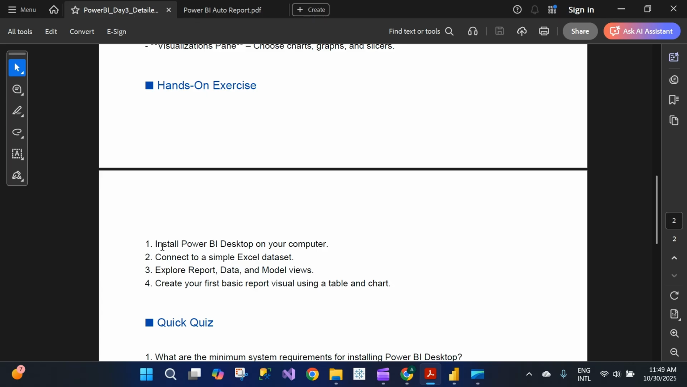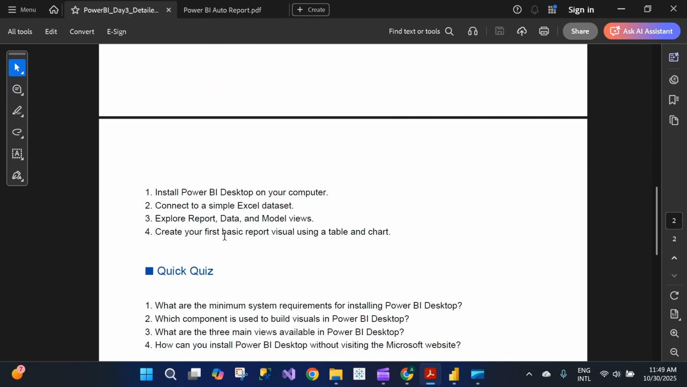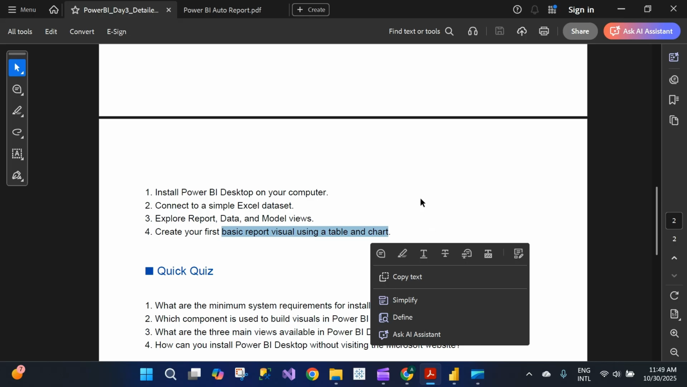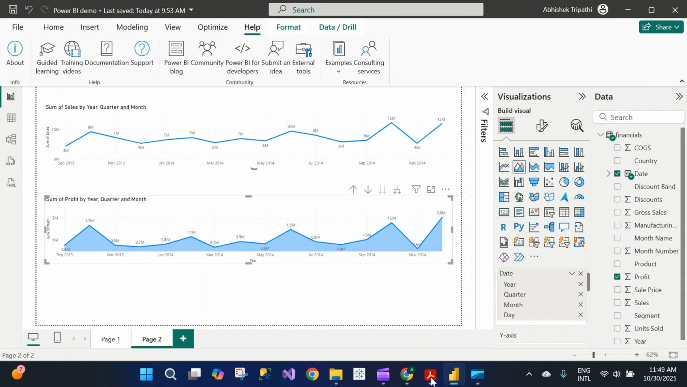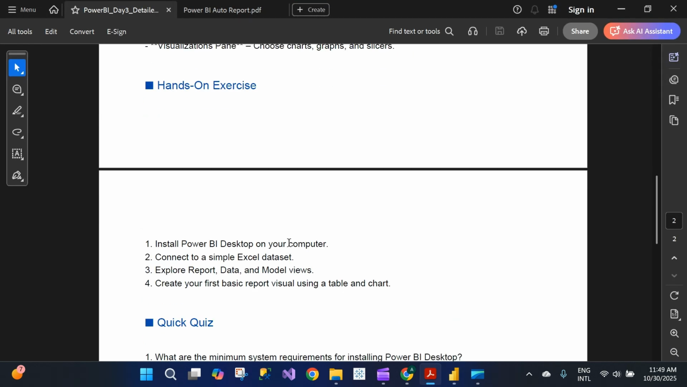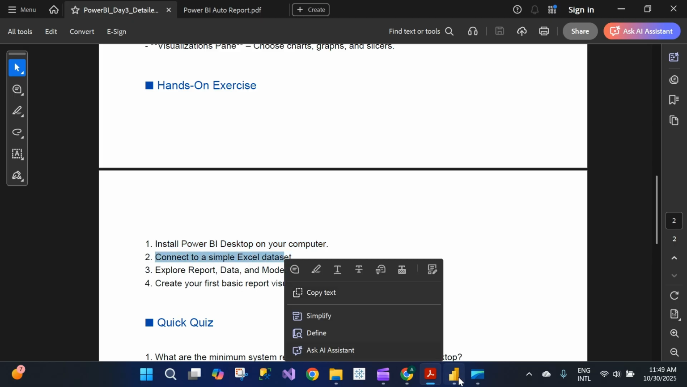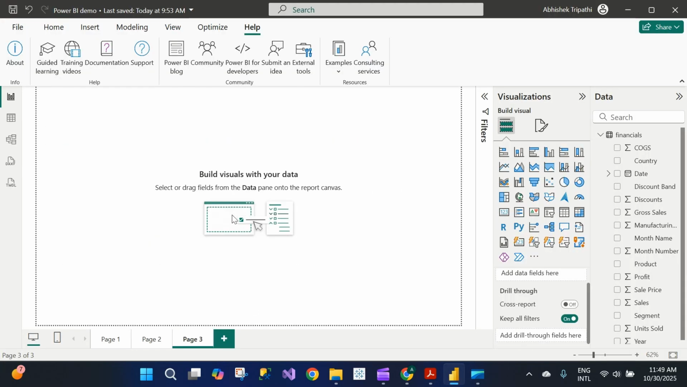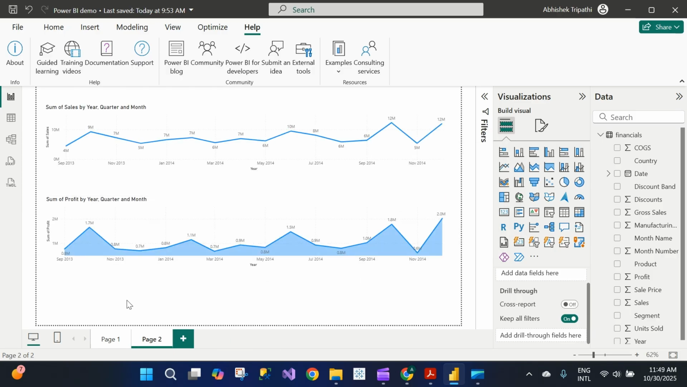Hands-on exercise: you can install Power BI Desktop, connect to a simple Excel sheet, explore the report, and create a very basic report using the table and chart that we have done already. If you are watching this video, I would like you to go through this exercise, download and install Power BI Desktop, and connect with a simple Excel sheet. After installing, we have the options to connect